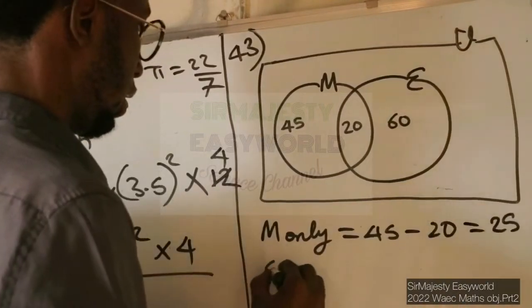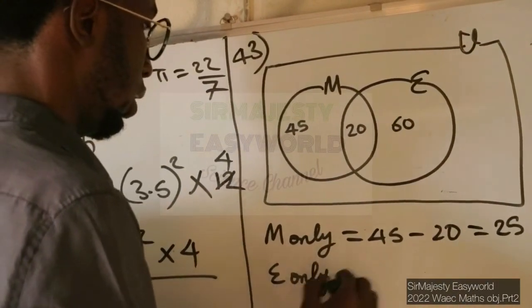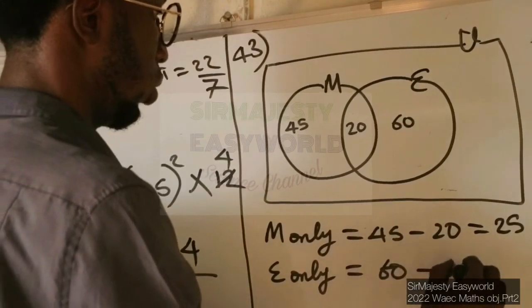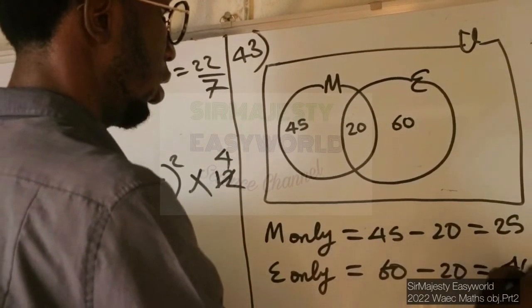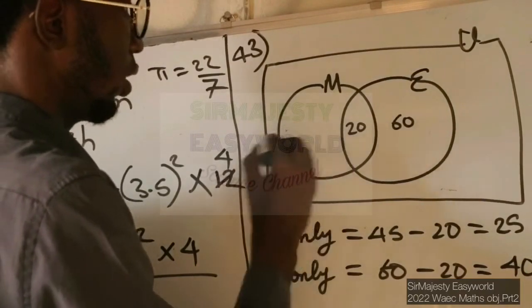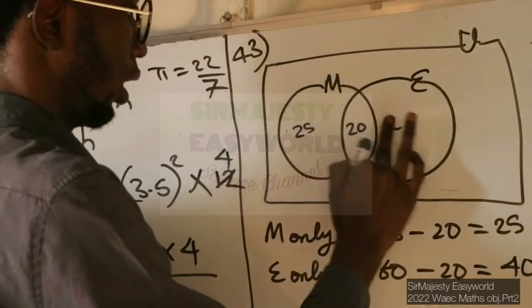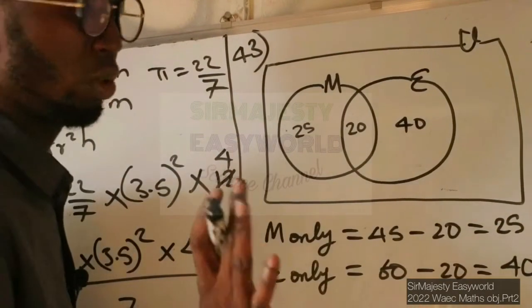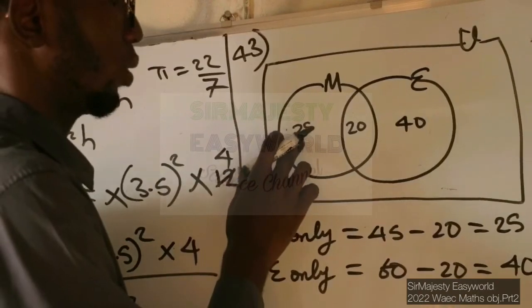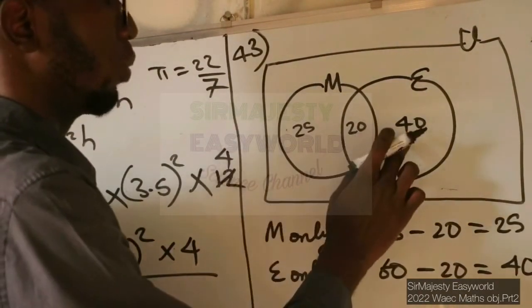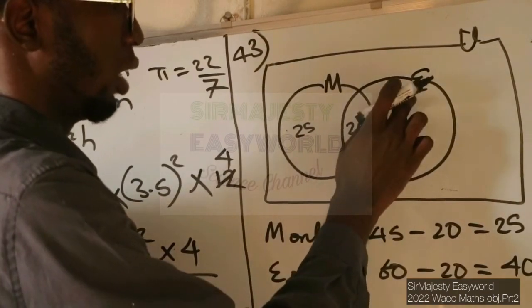25. And then Evening Dispatch only is going to be 60 minus 20, which gives us 40. So the correct labeling for this place should be 25 here, and here not 60 but 40. So this gives you a better idea. 25% of people read the Morning Times only. 40% of people read the